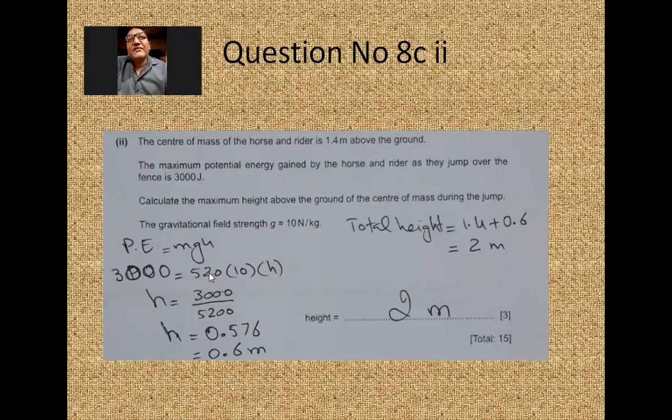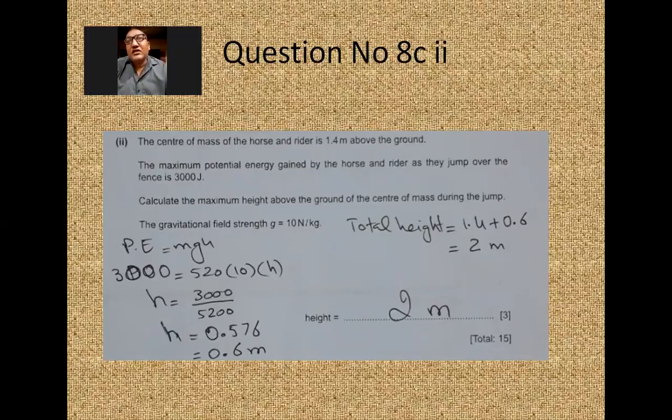So on the other side, they will divide. 520 multiplied by 10, that's 5200. When it goes to the other side, it will divide. So the height will be 3000 divided by 5200, and that will be 0.576, which, when you round it off to one significant figure, will be